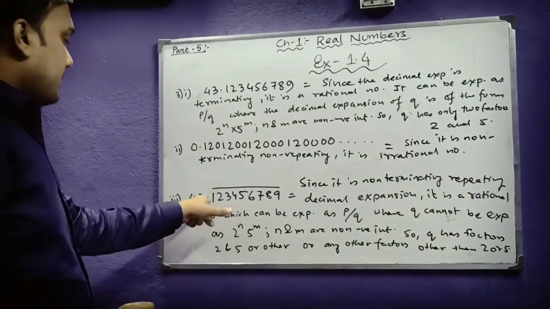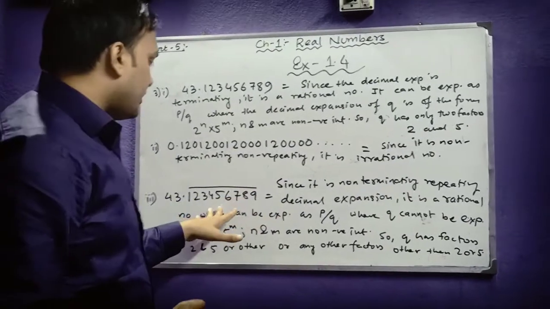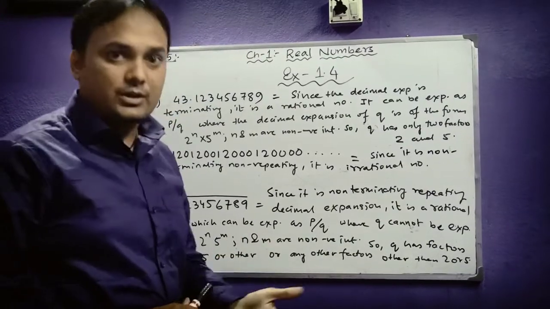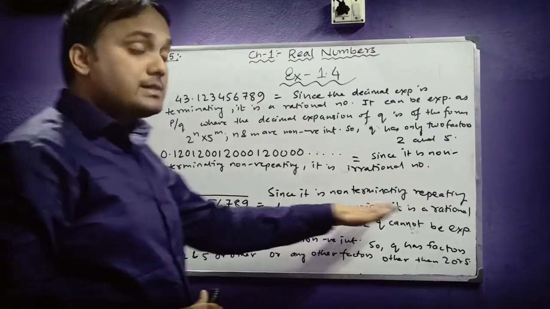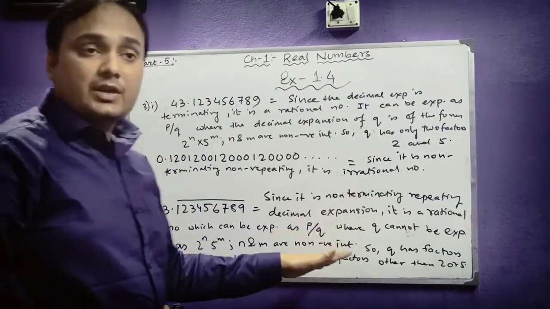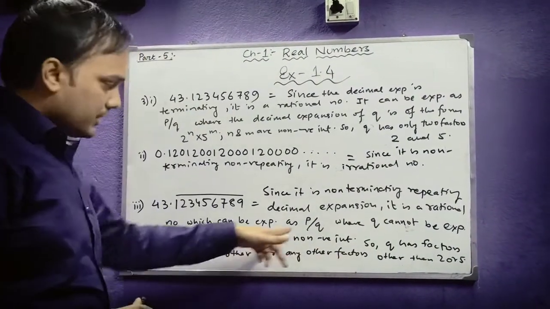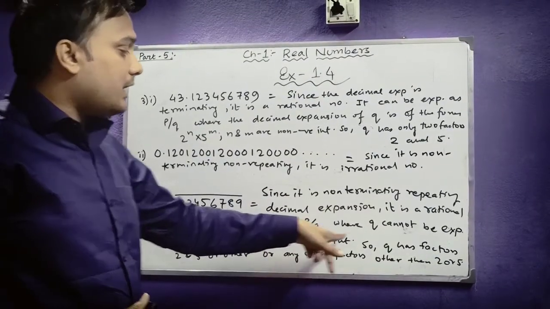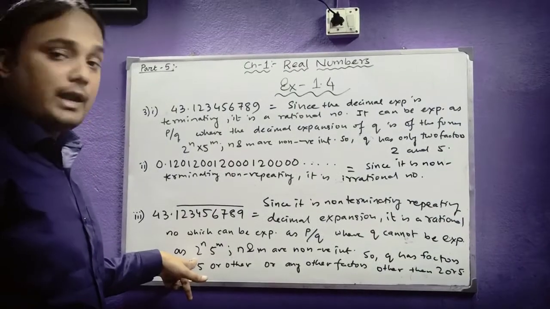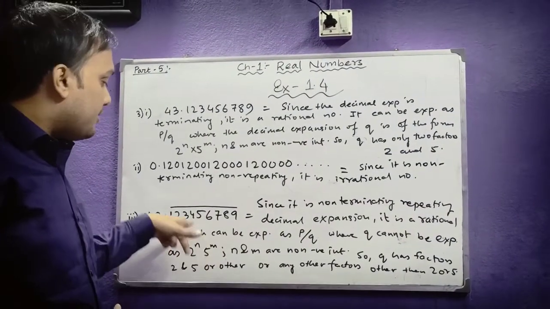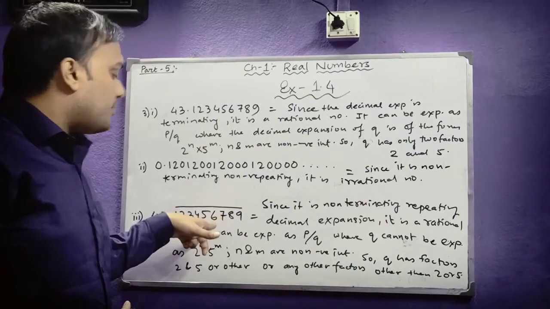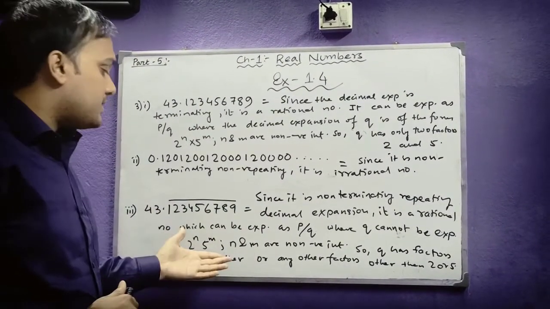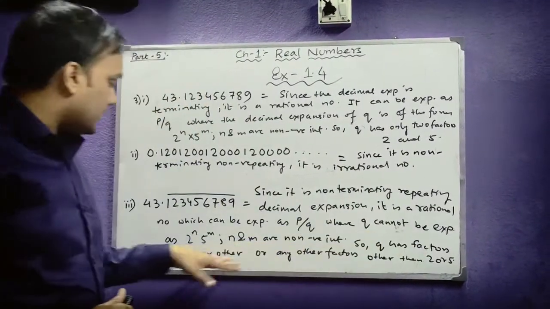This means that this decimal expansion is non-terminating, repeating. We know that non-terminating, repeating decimal expansions are rational numbers. So we come to the conclusion that it is a rational number. Now, if it is a rational number, we can express it in P by Q form. So yes, we can express it. But regarding this Q, we conclude that Q cannot be expressed as 2 to the power n and 5 to the power m. Why can it not be expressed? Because it is a non-terminating recurring decimal expansion, so it cannot be expressed in this form. And thus, if it cannot be expressed in this form, that means Q has